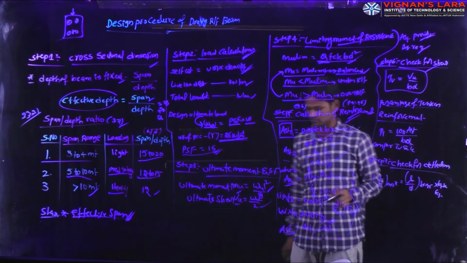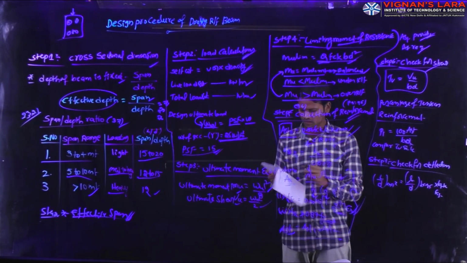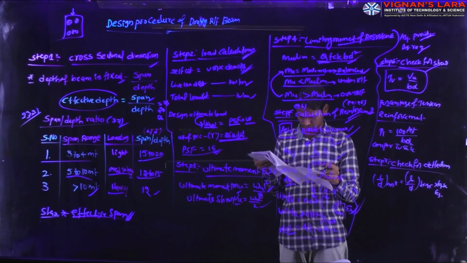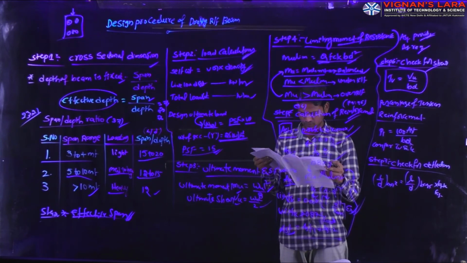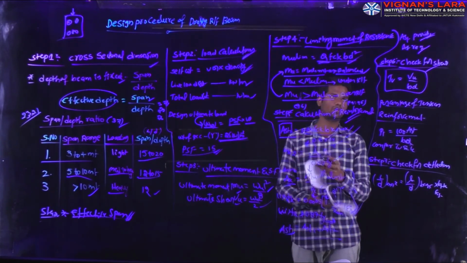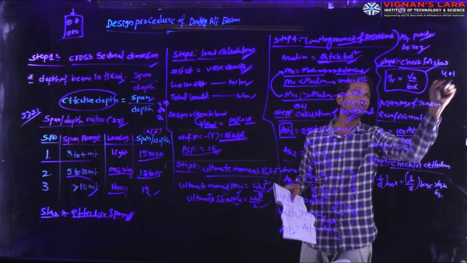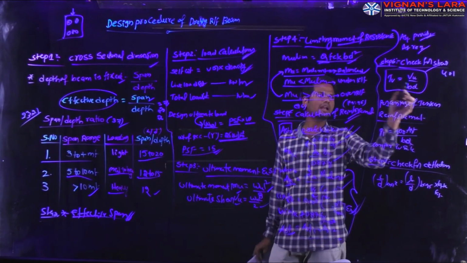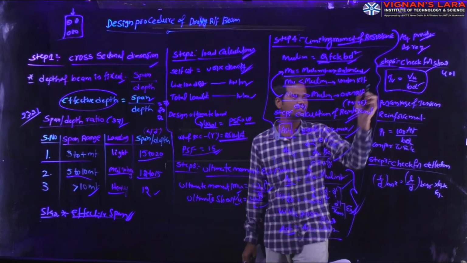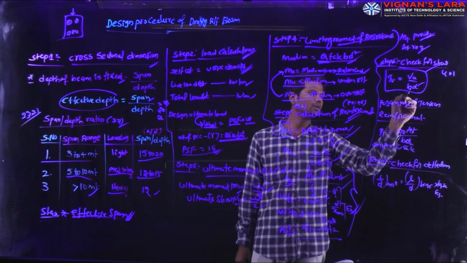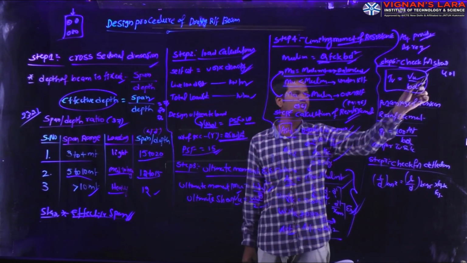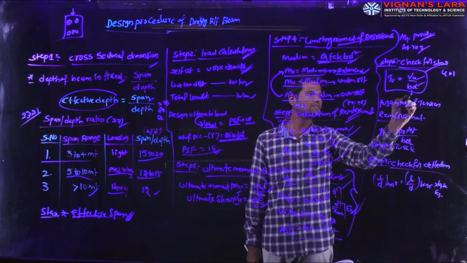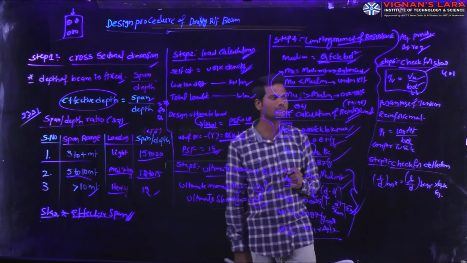This is from clause number 40.1, page number 72, where we have to calculate this shear stress value. The shear stress tau v equals Vu divided by b into d, where Vu is the shear force we calculate using this formula, b is the width of the section, and d is the effective depth of the beam.